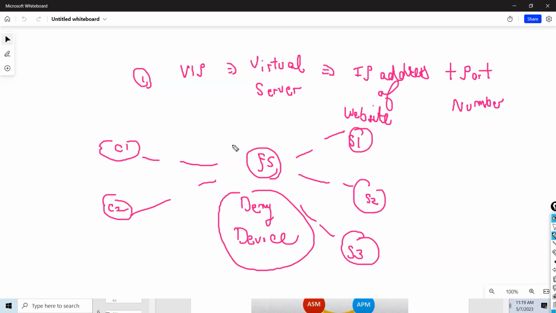It means without a virtual server, if I don't configure any virtual server in this F5, it will not listen to anything. It will not process our traffic. So my customer says, I want to deploy AWS.com. If I don't have an AWS.com virtual server on F5, then F5 will reset or reject the traffic.